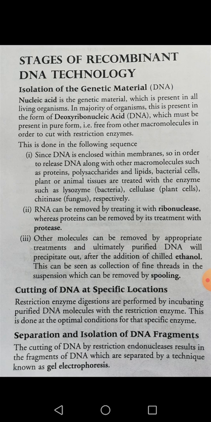Okay, and it is present in pure form, I have to say that it is free from other macromolecules. Okay, and we have to cut it with the help of specific restriction enzymes. So this is the later process, I am not going to explain right now. So initially you have to know that the main genetic material is called DNA, and DNA bears various genes, and these genes are basically sequences of nucleotides which are expressing themselves, okay, and helping to produce a specific kind of protein